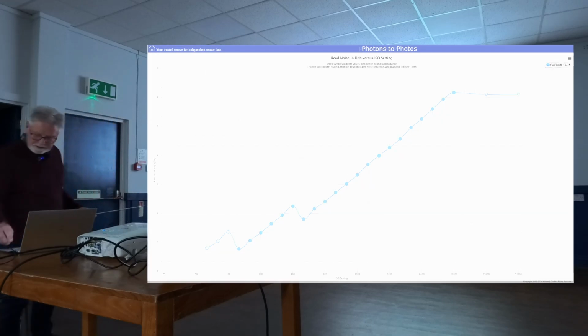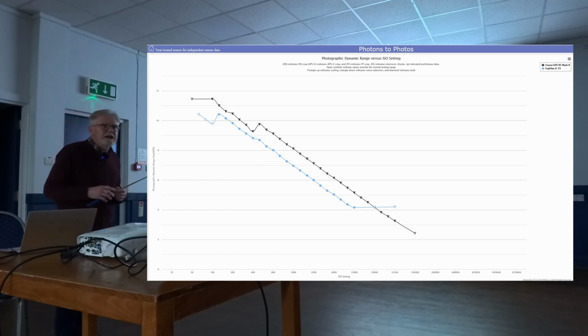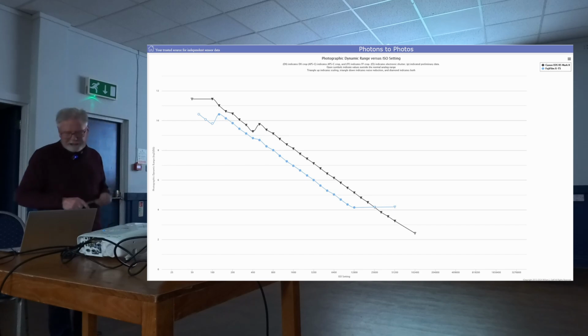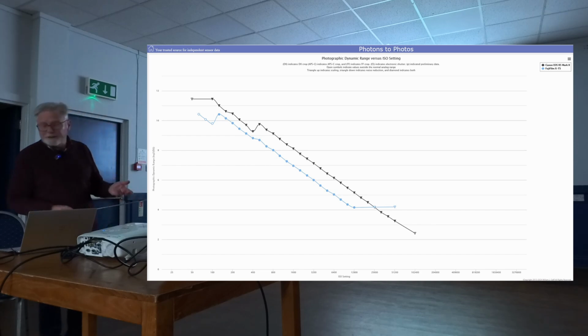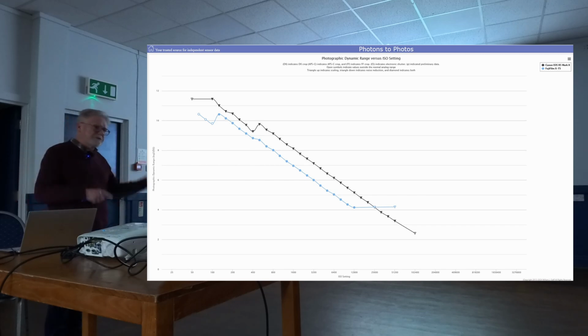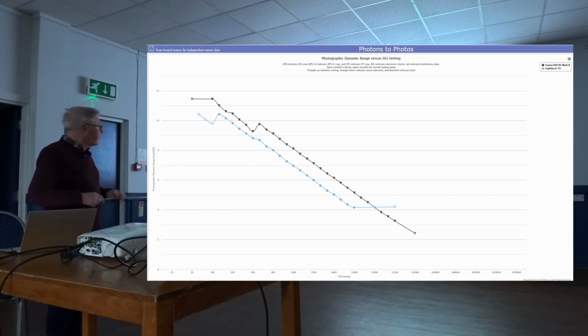So that's that. Now, there's something else that happens though. When you increase your ISO, you get a narrower dynamic range. You probably say, well, what the hell is that? Well, it used to be called latitude in the old days when we had film. It's the difference between what you can record between the deep shadows and the highlights. And as the ISO goes up, the ability to record, look, this is